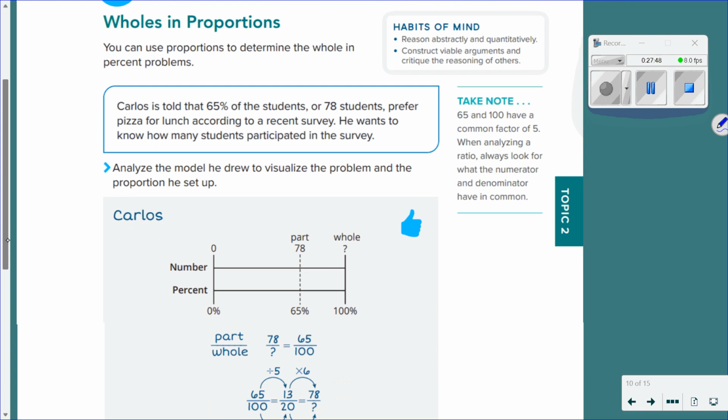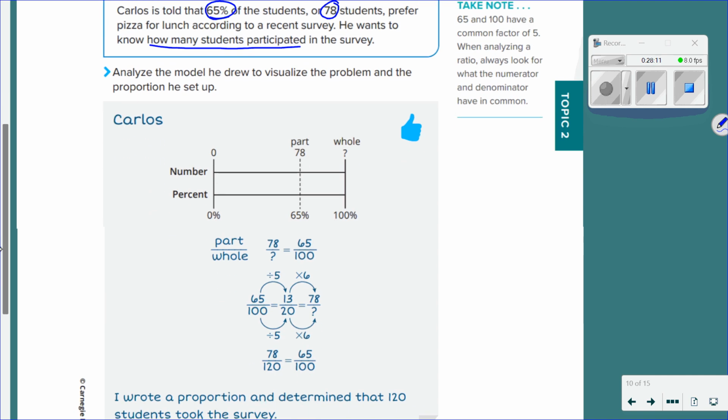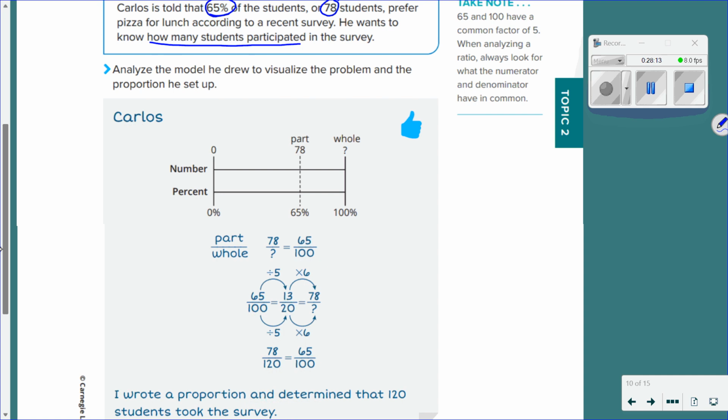Because really, all percent is telling you is a part to a whole relationship. It's helping you set up a proportion. So, Carlos is told that 65% of the students, or 78 students, prefer pizza for lunch. But he wants to know how many students participated in the survey. So he started with a double number line, and he said, okay, I know the number of students, and I know the percent, and I know that at 65% it was 78,